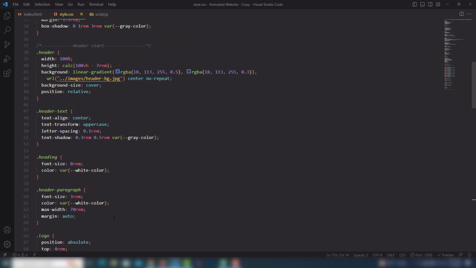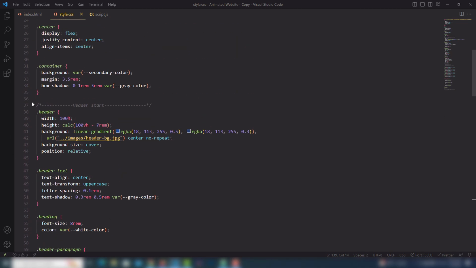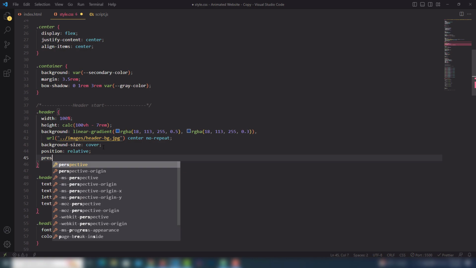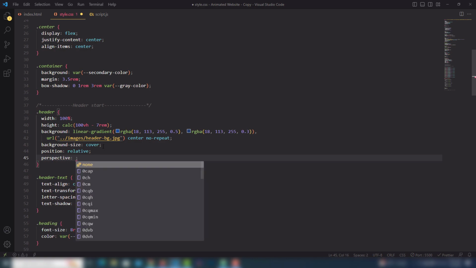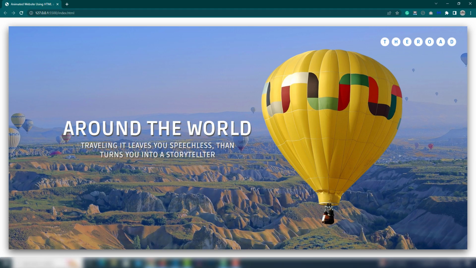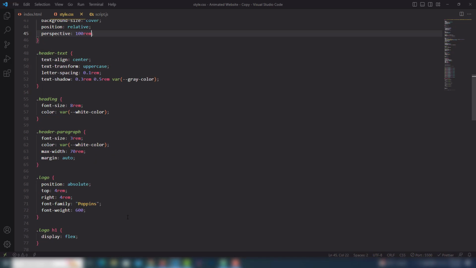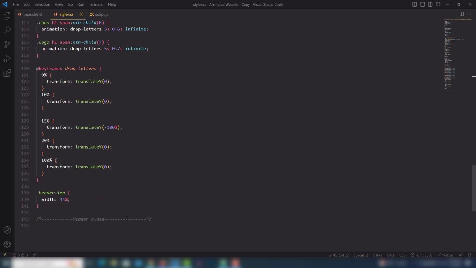The next one is you need to go to the top of the page, and inside the header you need to use perspective. This is a property that helps us make a 3D image or 3D view on your website. So you can assign a value there, like 100 rem, 200 rem. So I'm going to use 100 rem. Save, and you can't see any changes there, but I will use it to assign the position,